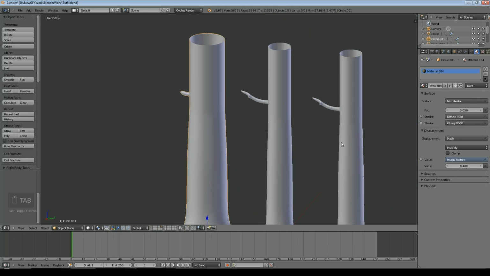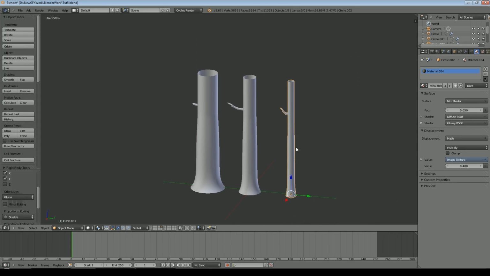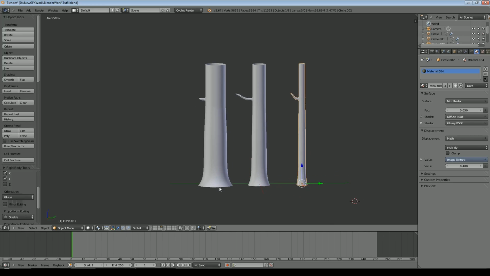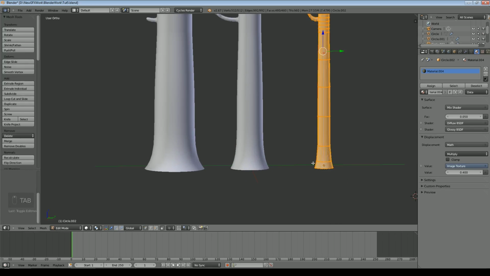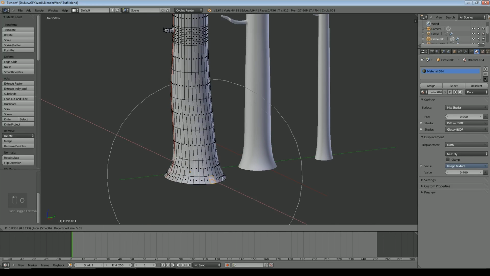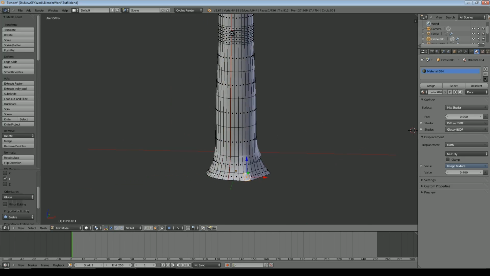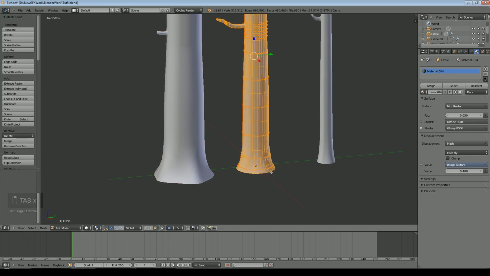And for this one we'll do the opposite. Scale Shift Z, and we'll make it a much thinner tree, so arguably a younger tree. And as I said before, we can do things like grabbing a face down here, turn on proportional editing, make it a bit smaller than that, and just pull and push some of the vertices, or the faces in this case, just to give a bit more of an impression of some roots.